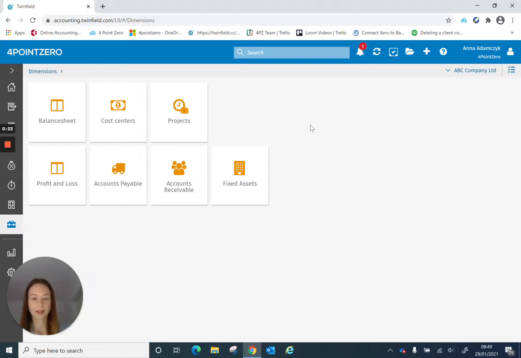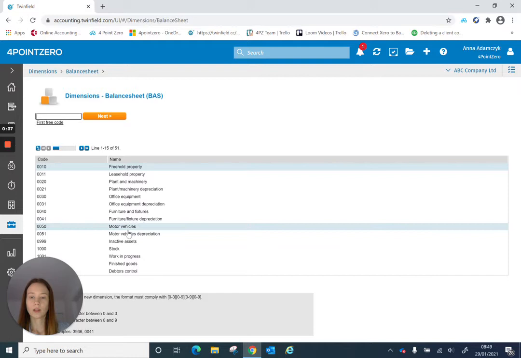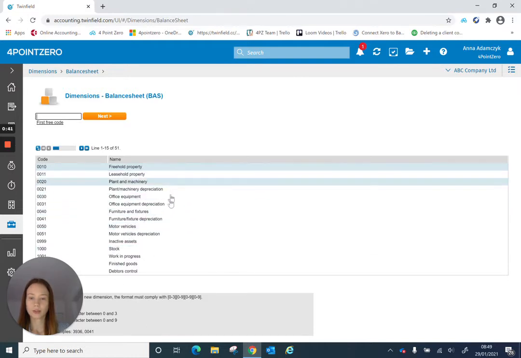and fixed assets. And all of those dimensions have different formats so that they are recognizable to you, but also so they are grouped together. For example, if we go into the balance sheet and if we take a look under the list of the general ledger codes, you will see that the format must comply